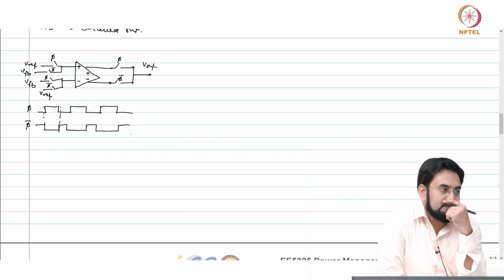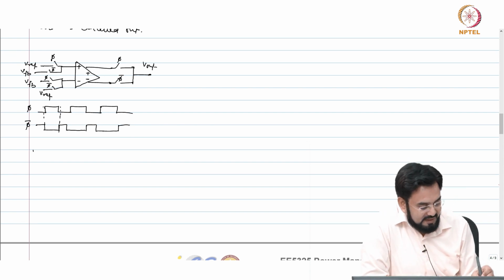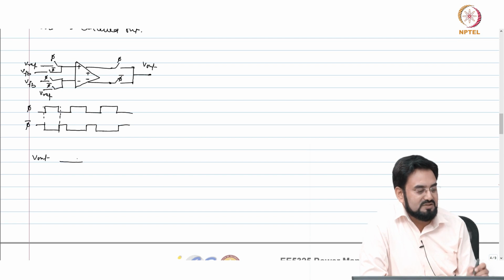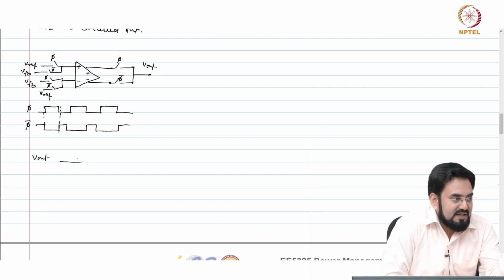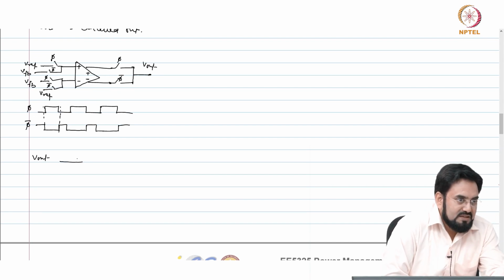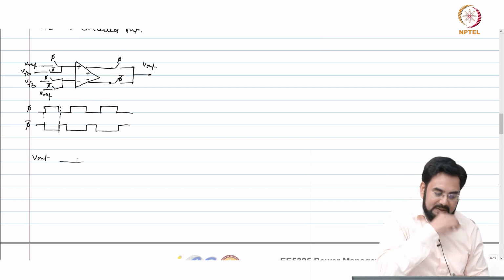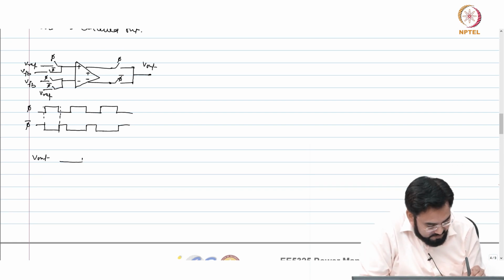So what would happen at the output if you keep doing this? You know, offset, so output will be looking like this. Instead of a constant DC, so let's say you had an offset. So depending on whether offset is positive or negative, your output will be a DC, whatever your desired output is, minus or plus V off. Okay, but now you are basically shifting the offset in both the sides, so it will keep doing this.